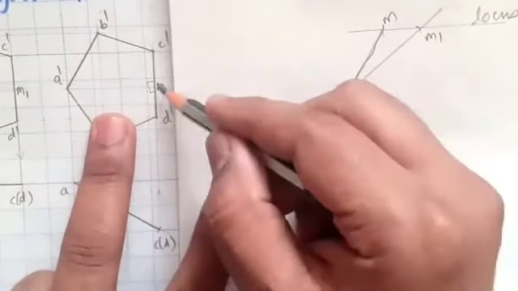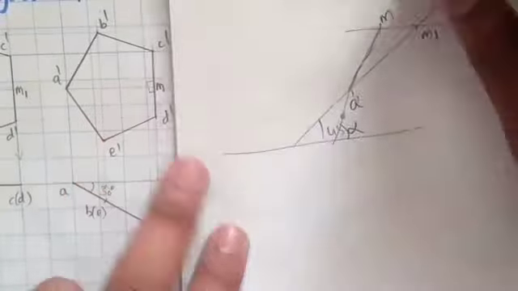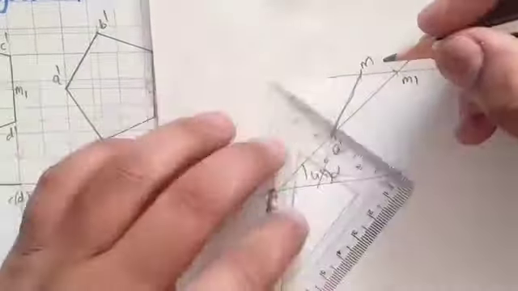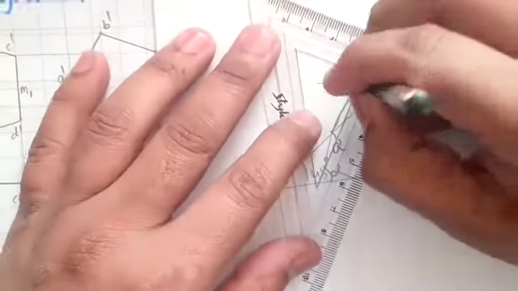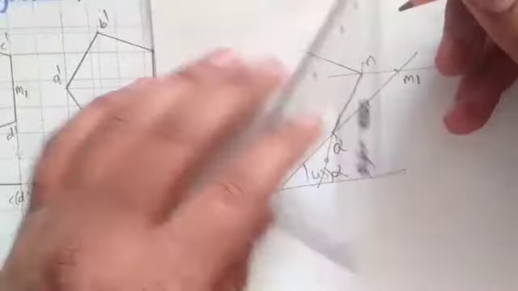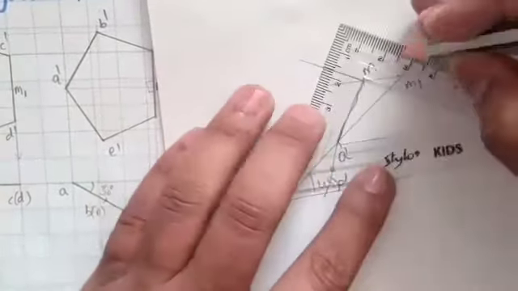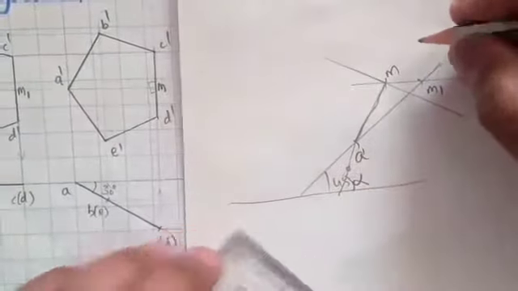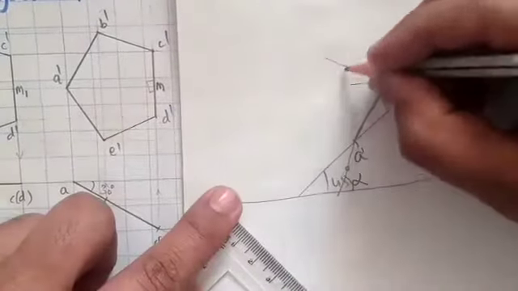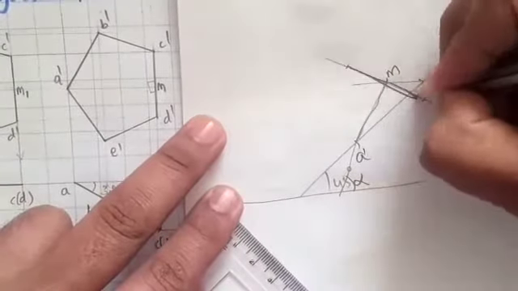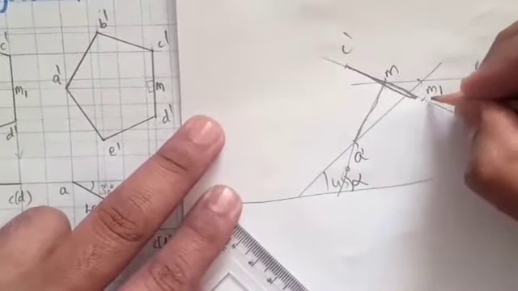As A dash M is perpendicular to C dash D, draw a perpendicular line to this line. What do you mean by perpendicularity? So this is perpendicularity, and again, this is perpendicularity. So this line is perpendicular. So CD, from here C, from here D, you can identify and make it a dark line, name it as C, and this is D.